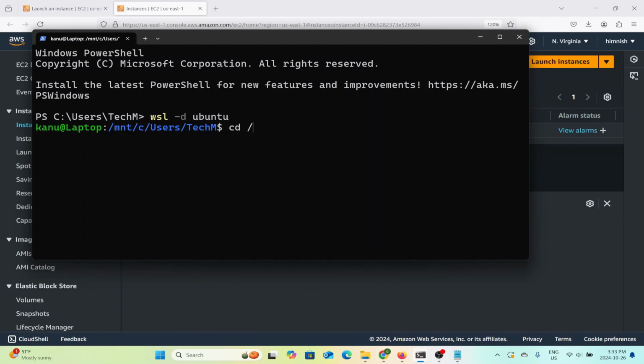I've already made a folder in this Ubuntu file system called key. So I'm going to copy it into this folder. So we just use the cp command. Then it's the source folder. In order to access the Windows file system from our Ubuntu file system, we always have to use the mount because it's mounted onto the system. Mount C drive, users,